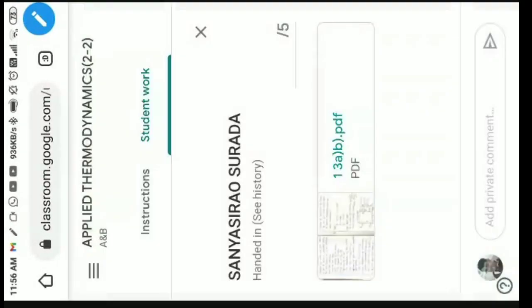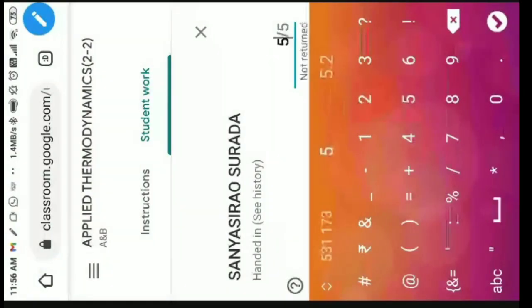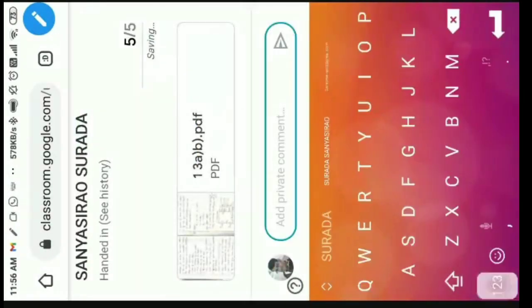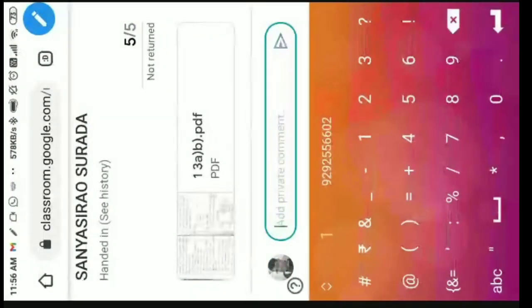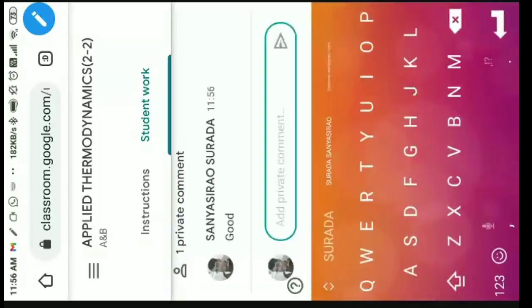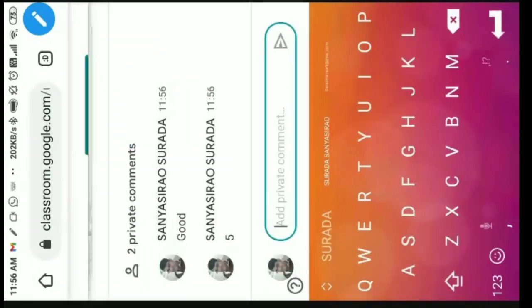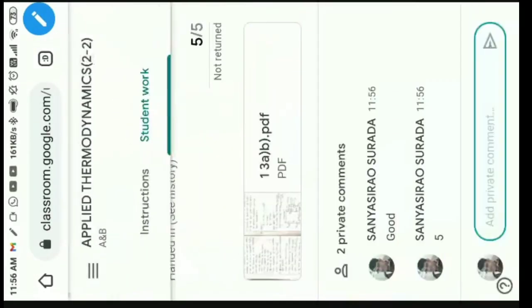After the verification, they will come back and give the marks, 5 by 5 marks. Here they also give a comment, like good, good. The student can also comment, thank you, sir. This is the process.